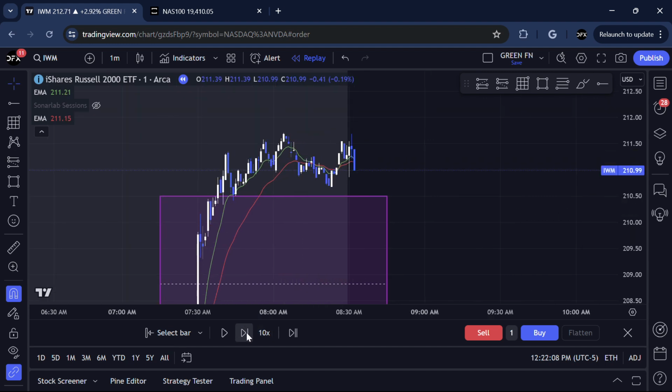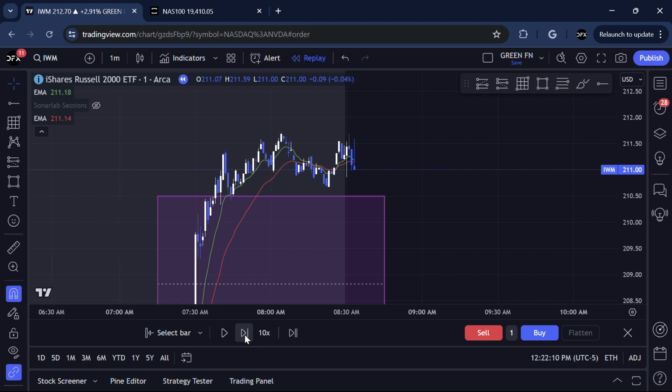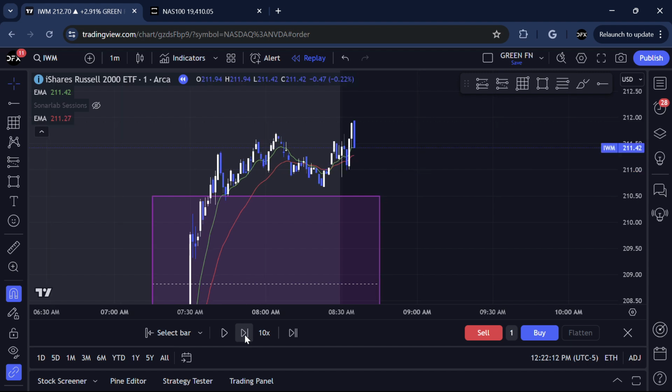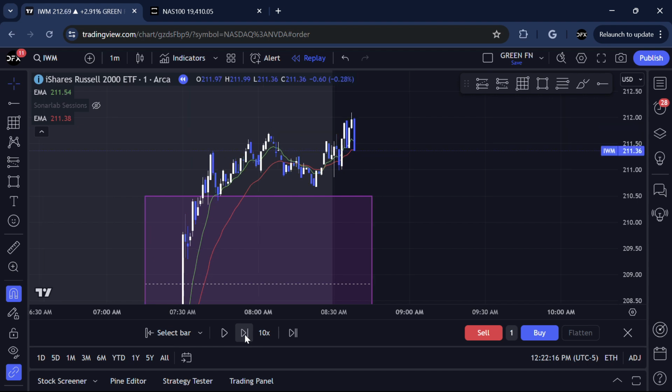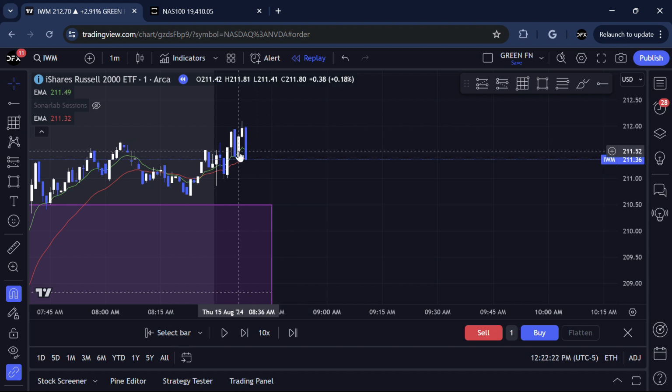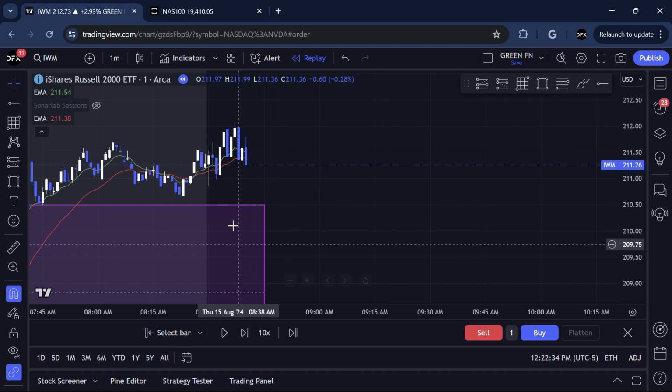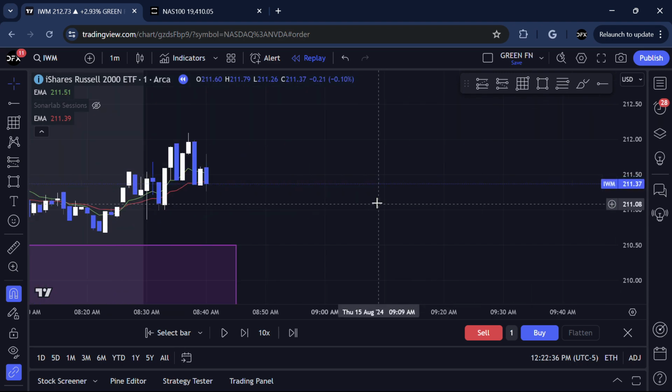So market opens. Okay, we have that gap that was created. Nothing really there. Okay, boom. So we have this. Obviously, it's not an inverse fair value gap technically. However, we have this huge imbalance that was created right here. And what I wanted to see is for another candle to close below it, and then have it retrace back into this gap right here. So let's just see what happens. Boom, that's exactly what happened.